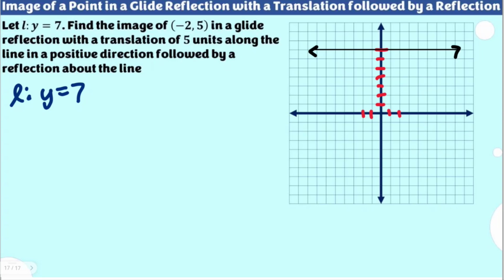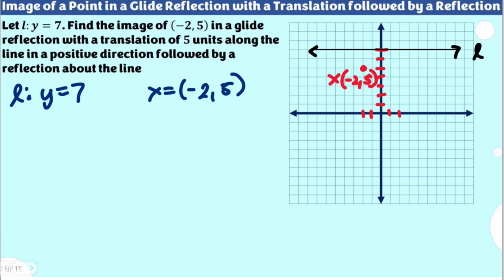And this time, we are going to use the translation first of a given point. Let's say x is identified here, negative 2 and 5. So negative 2 and 5 is somewhere here. A glide reflection could be determined by reflecting first before translation, or the other way around, we're going to translate in a specific direction before reflecting